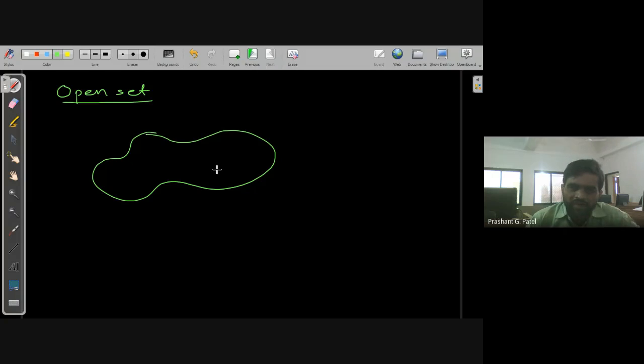So the definition says that if you pick any point in this set, so I can pick any point in the room, and if you can draw an open neighborhood or open sphere of that point such that the sphere lies totally inside the room, then we can say that the room is open.